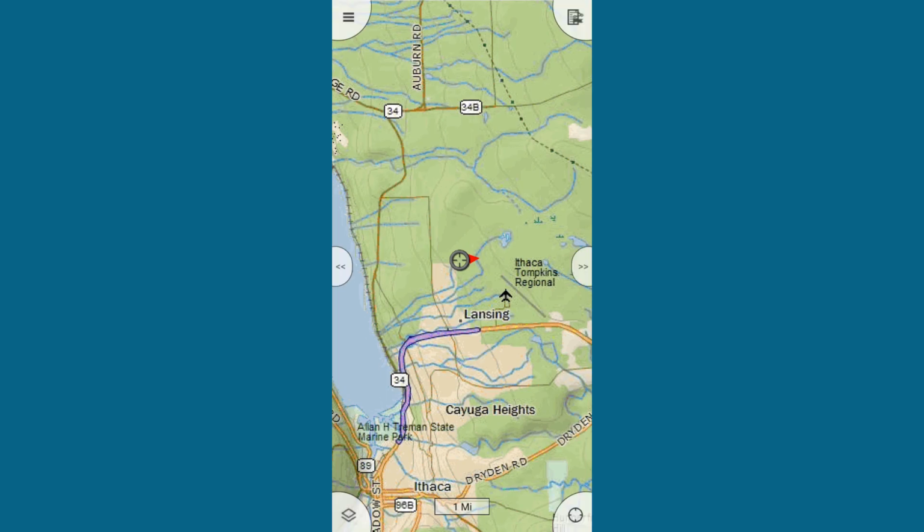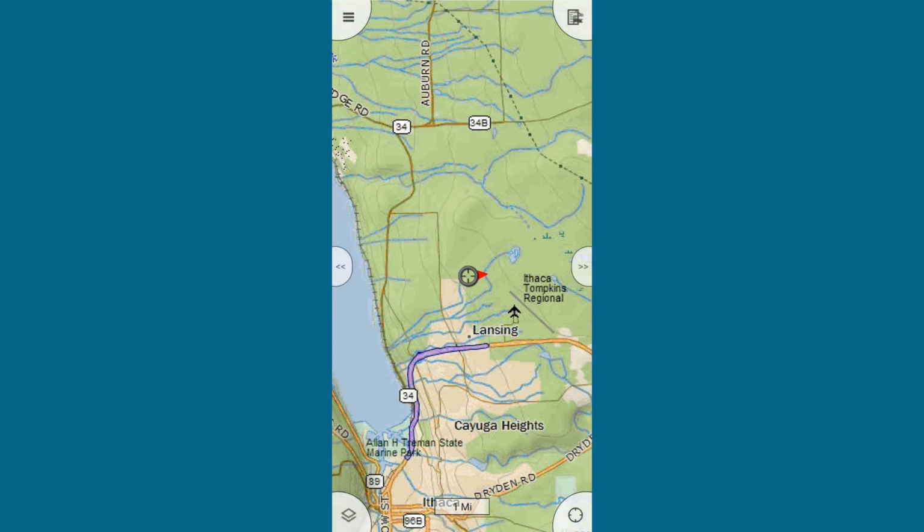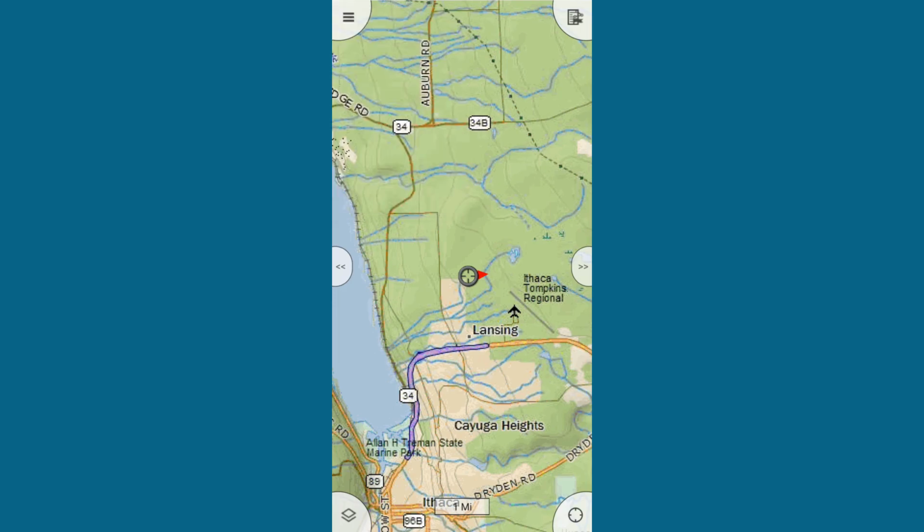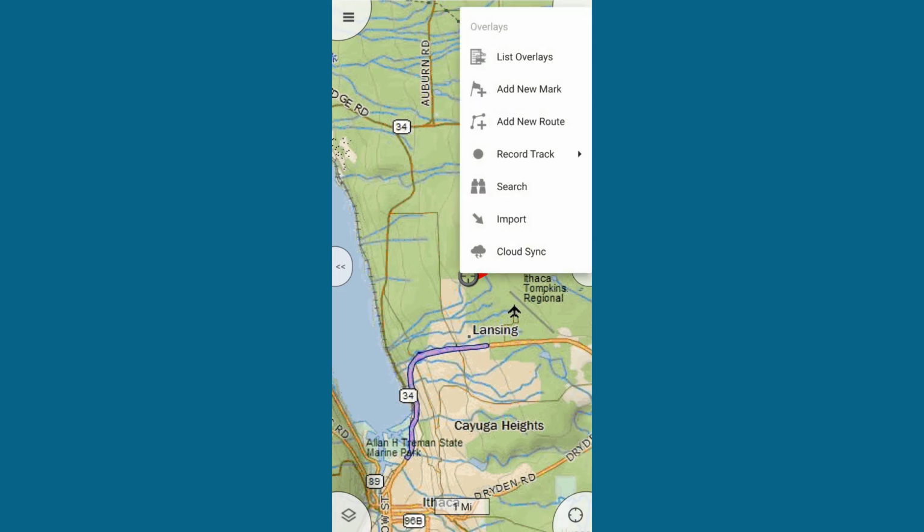So just a quick tour of the main screen. We've got these buttons around the edges that kind of fade out of the way if you leave it for a few seconds. So there we go, and it comes back when you touch the screen. So this one is the main menu. It's got the settings, it's got the edit layout tools, we've got a screen lock, and there's help. Over here on the right is the